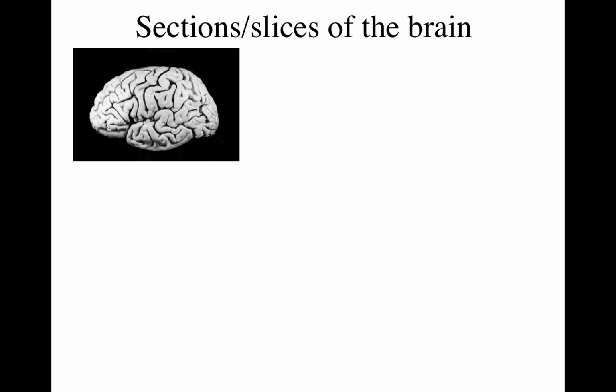And so now I want to get to how we describe brain anatomy. That's useful because, again, if you are going to be reading literature, and in this class you are, you'll see a lot of these terms used when a neuroscience journal article is describing where in the brain something is happening. There are ways of dividing up the brain that are sometimes referred to as sections or slices. So if you imagine cutting a slice down through from the top to the bottom of the brain,